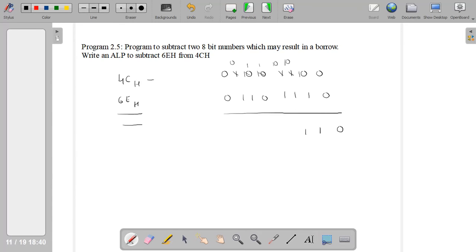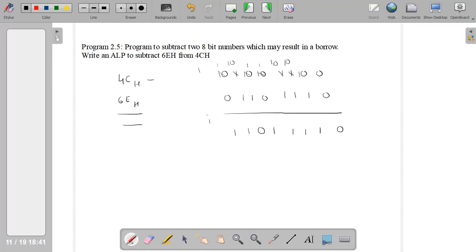So we have the answer 1, then here we have 1, then 0, 1 minus 1, and then again there is need of borrow, so we get it here and then we get the answer 1 and 1.